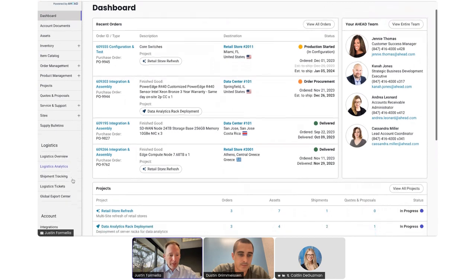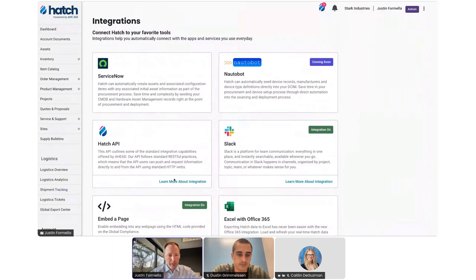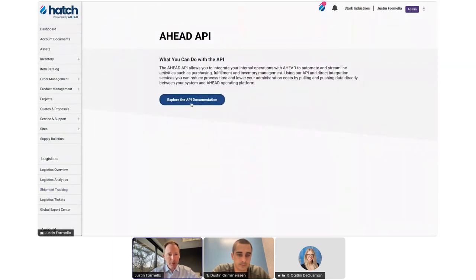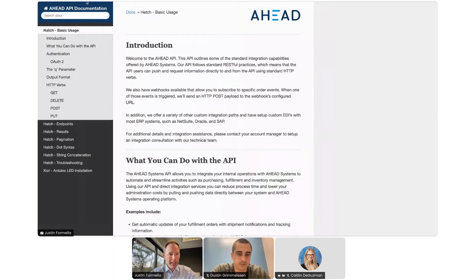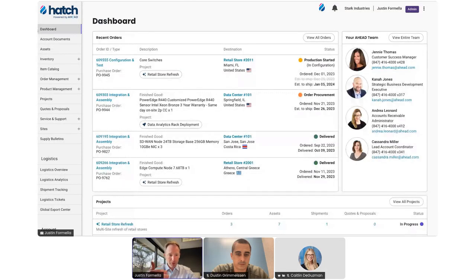Well, one of my favorite examples of that is we have one customer, Netflix, and what they did is they built a system called Hatchet, and Hatchet uses the APIs in Hatch to orchestrate the entire process through code. So they treat us basically as if we were another software process in which they can orchestrate the procurement, the deployment, and the ingestion of the details into their system all automatically.